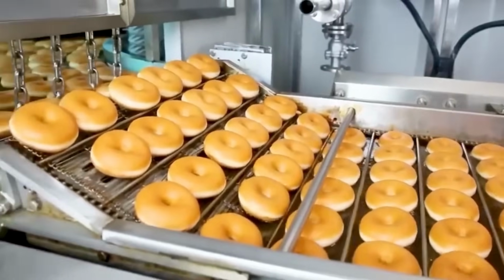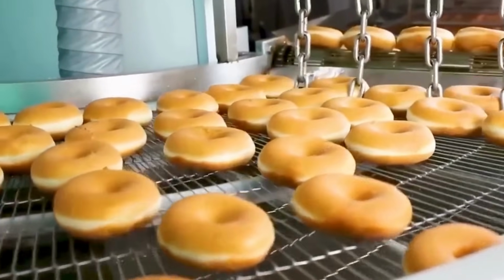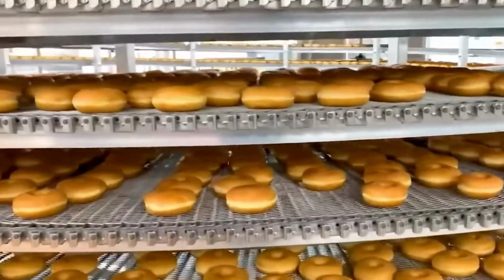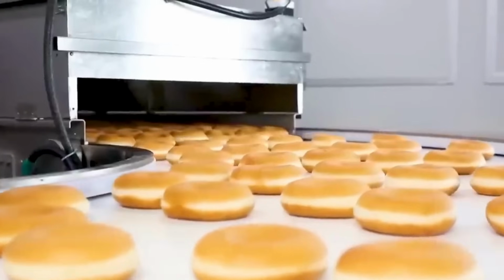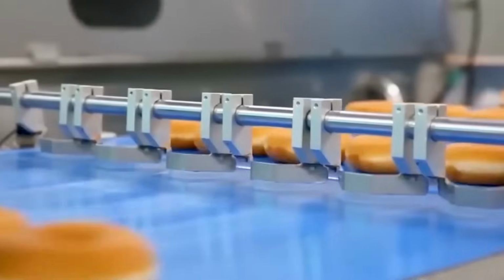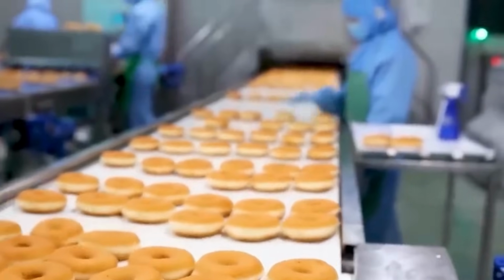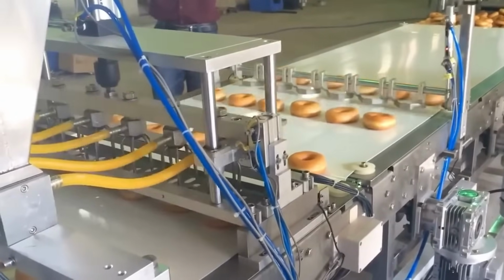Once fried to perfection, the donuts are scooped out using wire sieves and moved onto the next set of conveyor belts. They pass through alignment tools that spin and place each donut in a consistent pattern to prepare them for cooling. As they cool, they rest on special cooling plates to allow the outer layer to crisp up slightly while